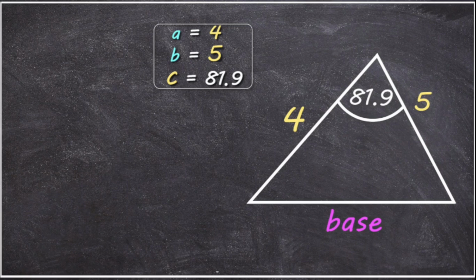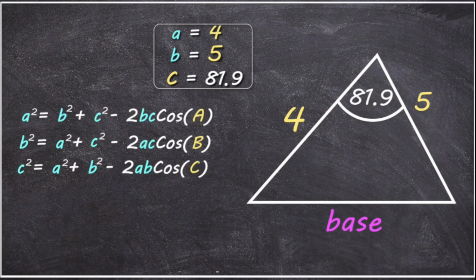The cosine rule comes in several forms. Here are 3 of them, each of which can be used to find the length of one of the sides of the triangle. If you look at the bottom equation, you can see that we're going to be able to find cosine of c because we have the angle c, but we also have a and b, which is 4 and 5, and we can use a squared and b squared, so that will give us c squared, and c is the base. So once we plug everything into the right hand side of the equation, we'll get c squared, and then we take the square root of that, and that will give us the base of the